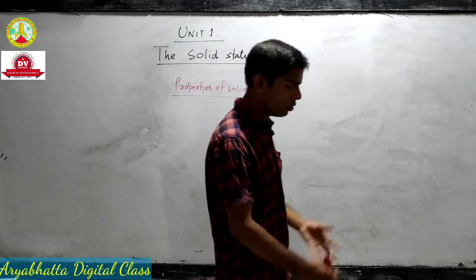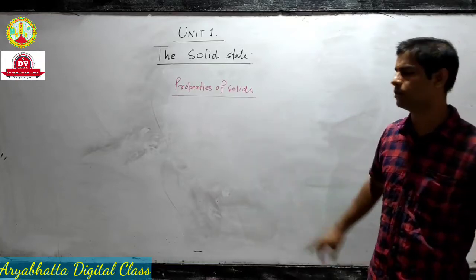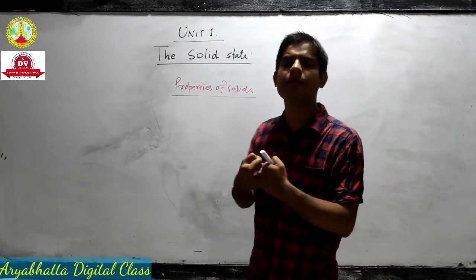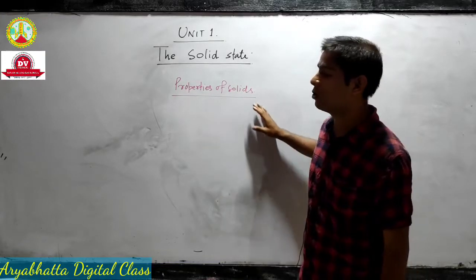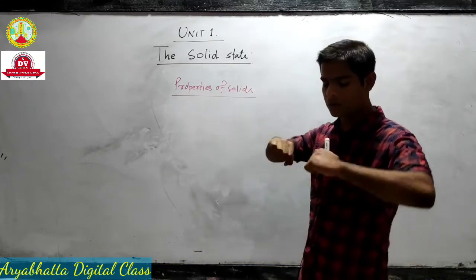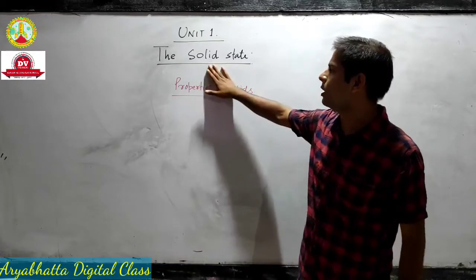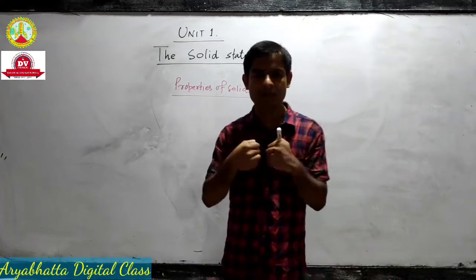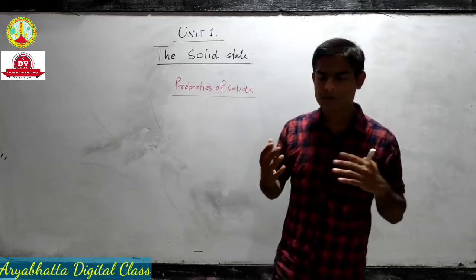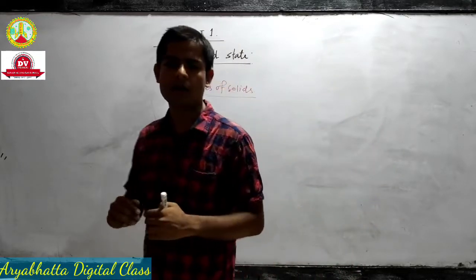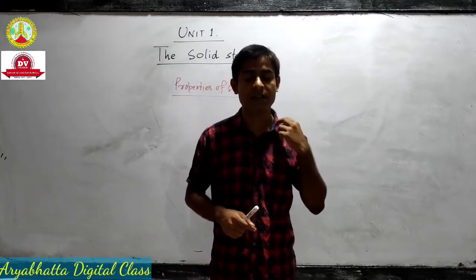Coming back to the molecular level, what is the difference? The intermolecular interaction is very strong in solids. Obviously, if intermolecular interactions are not good, how will the molecules stay together? To be in the solid phase, the molecules must stay very close to each other, because it's all about the spacing between the constituent molecules. So the intermolecular interaction is very strong.